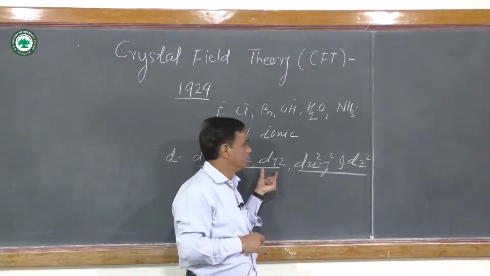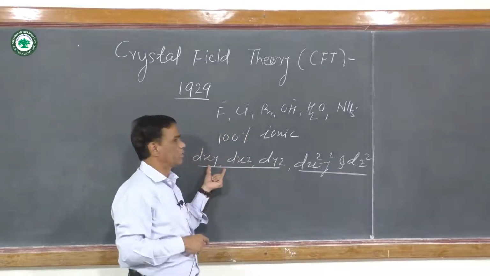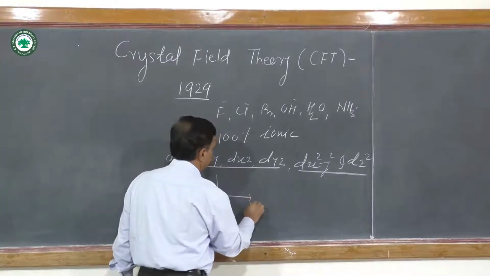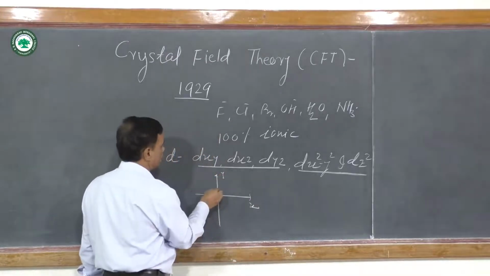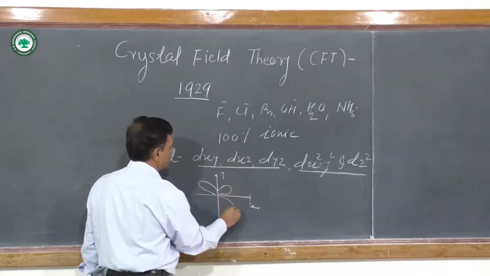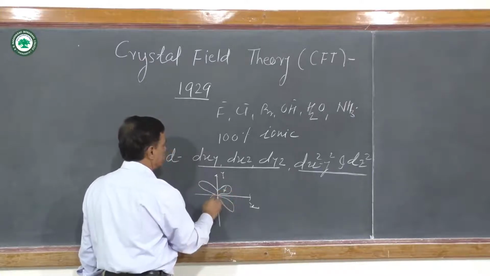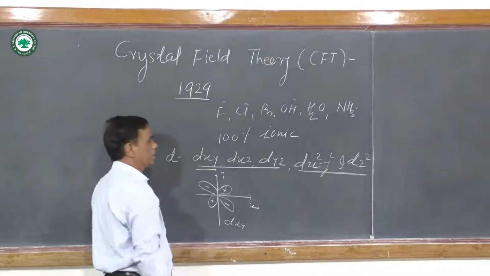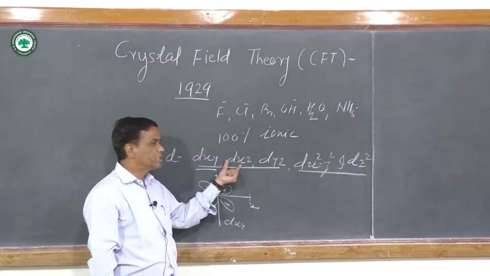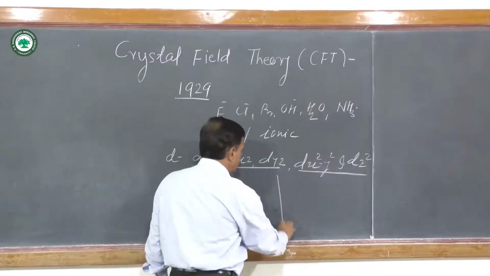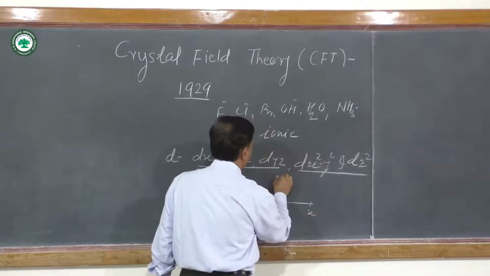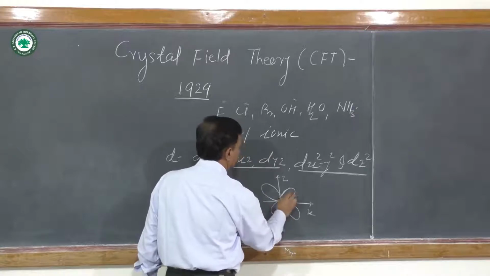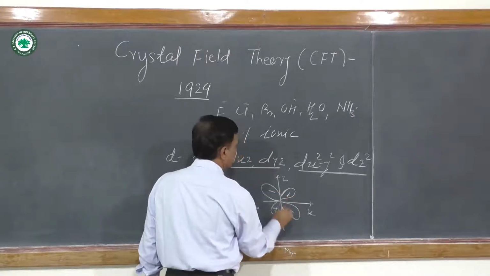And the shape of these 5 d orbitals, the first 3 are clover leaf shape, and it is represented as, suppose this is the x axis, this one is the y axis, and their arrangement is represented like this. Here positive positive, here negative negative, and this is the dxy orbital, and it is clover leaf shape. Then if you consider the dxz, here this is the x-axis and this is the z-axis. This type of arrangement occurs. Here is positive positive, and here is negative negative.